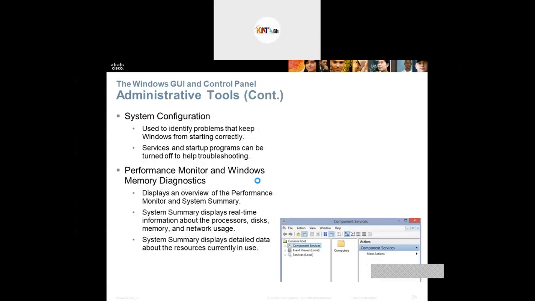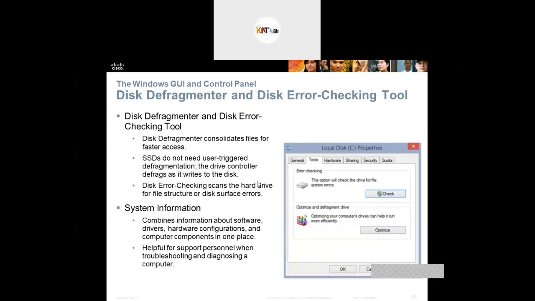The disk defragmenter and disk error checking tools consolidate files for faster access. Now, the SSDs